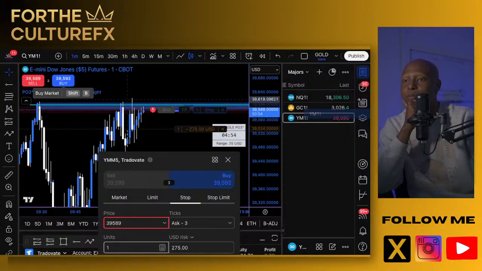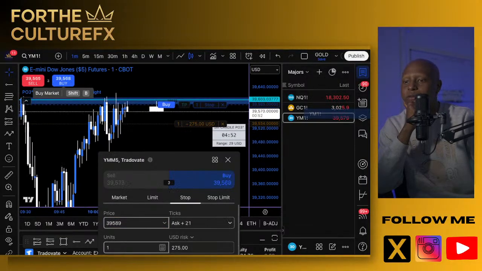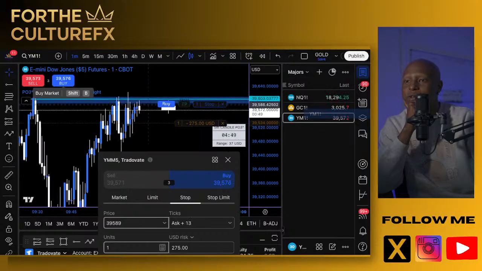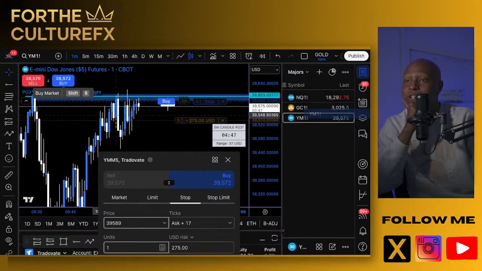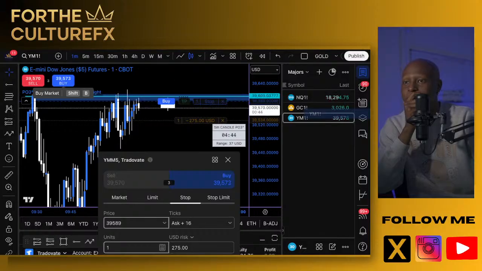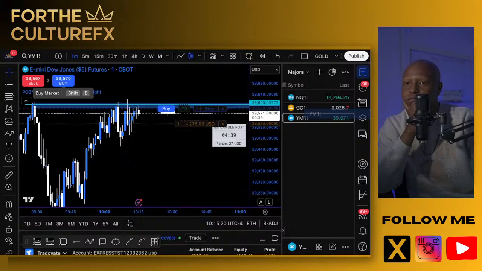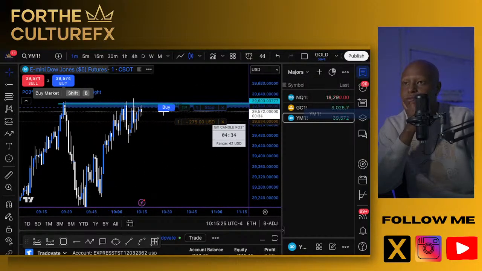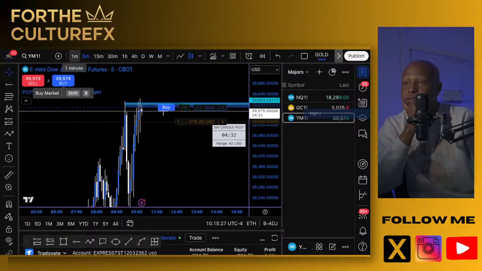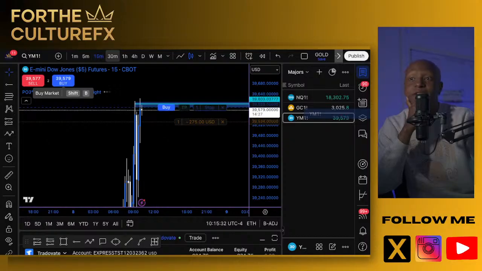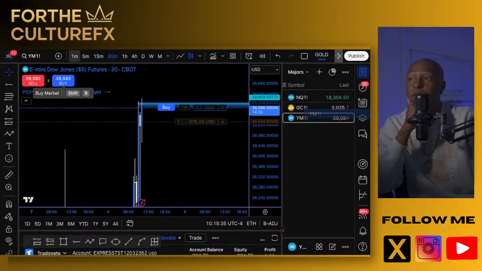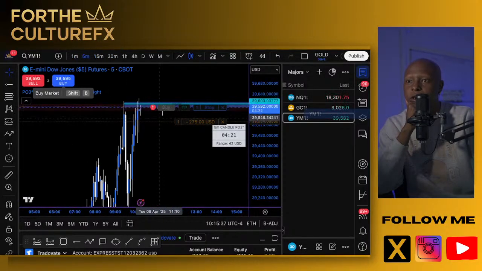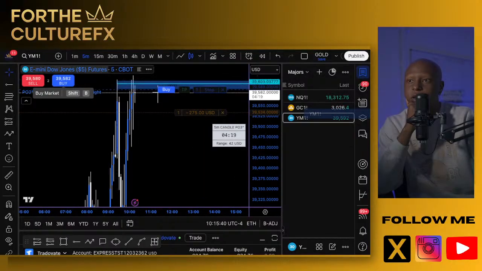I would prefer this to break the high first, right? And the only reason why I say that is because I just don't like the rejection that we've been seeing, even though it's likely to get broken, right? Move stops a little bit more in the drawdown or higher up. Five minute candle closed bullish. Previous 15 just closed and opened bullish as well. So yeah, all good signs that this is going to flip to be in a bullish move here.